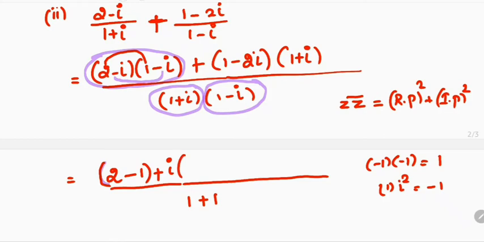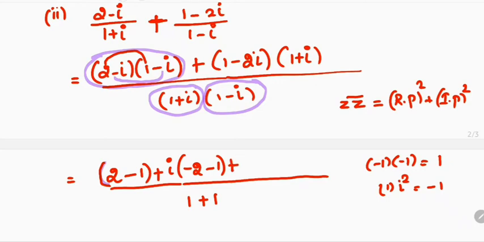Plus i. Now we have to write the imaginary part. To get the imaginary part, we will have the term i, so you have to change and multiply. That means the real part of the first complex number has to be multiplied with the imaginary part of the second complex number. So 2 into minus 1 is minus 2. Next, the imaginary part of the first complex number with the real part of the second complex number: minus 1 into 1, that is minus 1. In between you are having plus, you just write the plus.